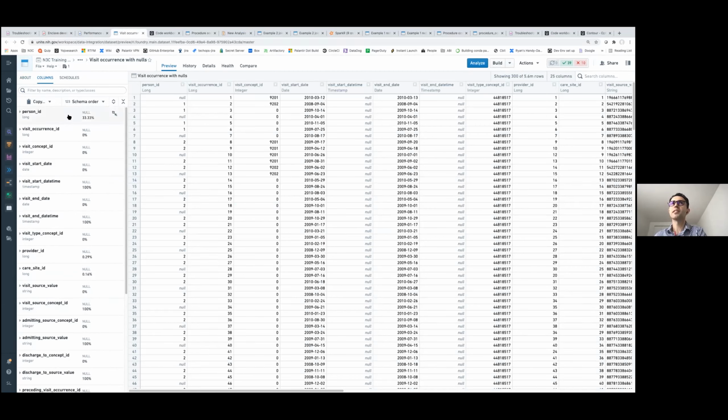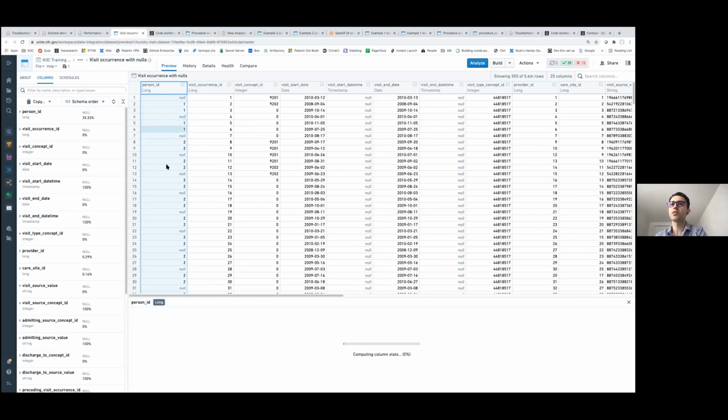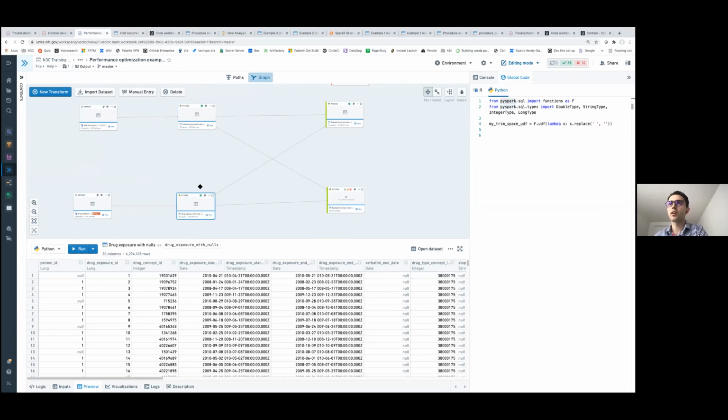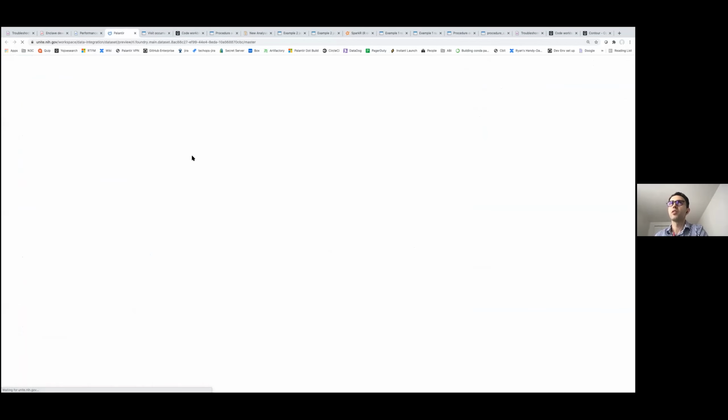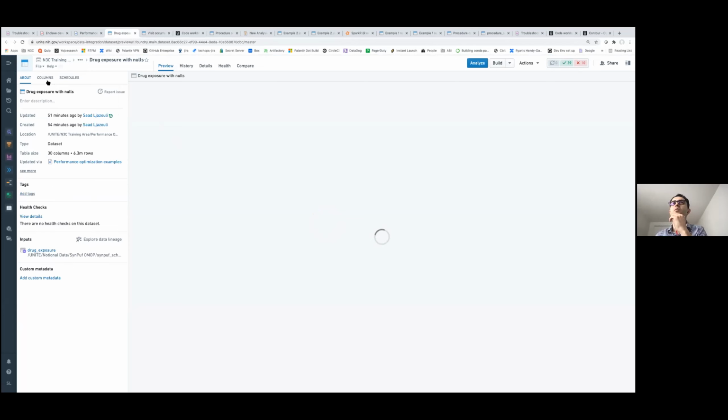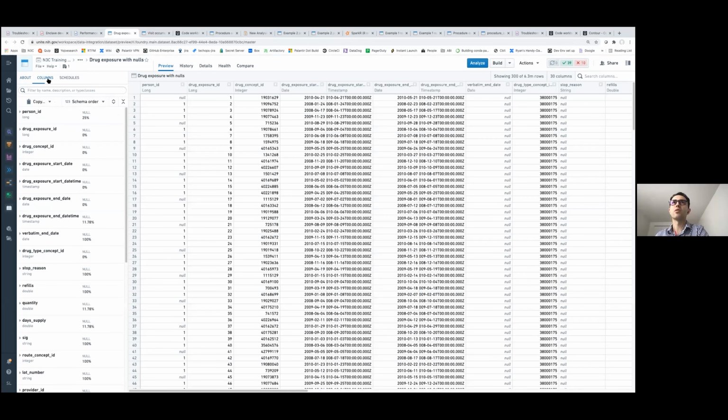Here I created a data set with almost 33% of the values in the person ID column null, so about a third. And I'm joining that with another data set, drug exposure, where if we open it and look at the columns, about a quarter of the person ID values are null.